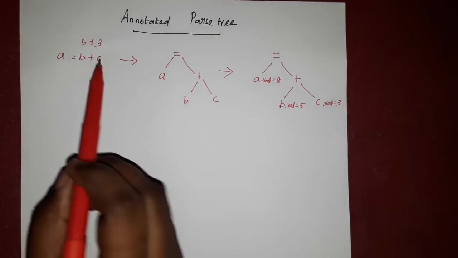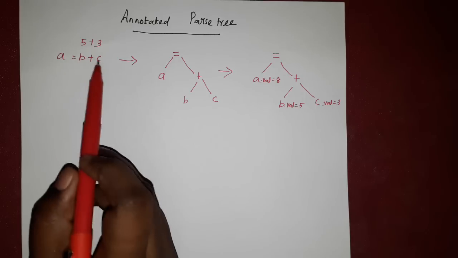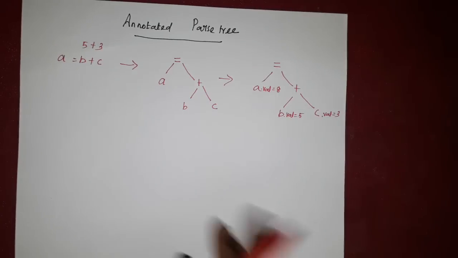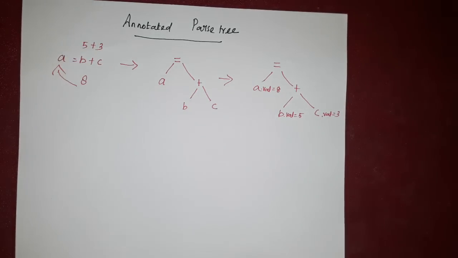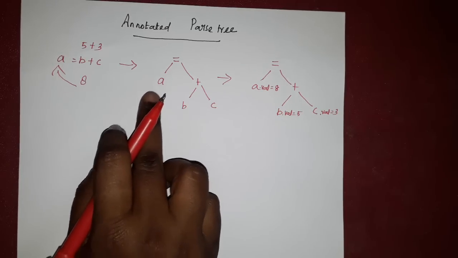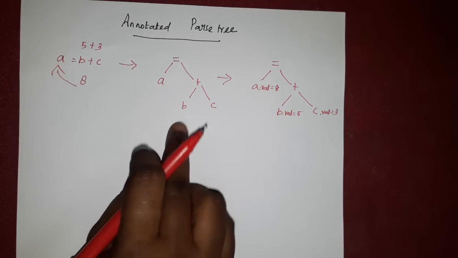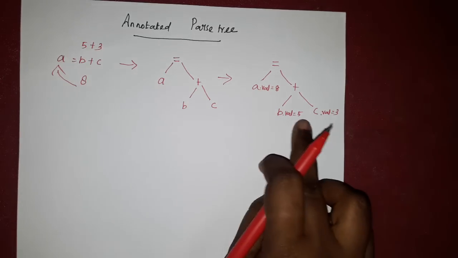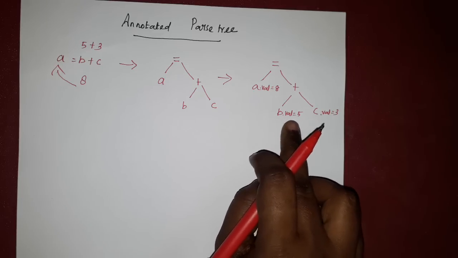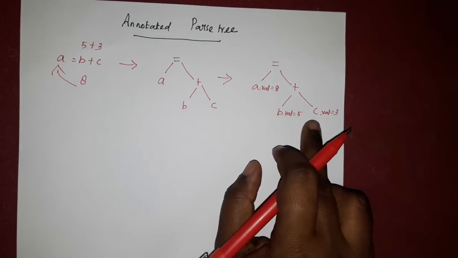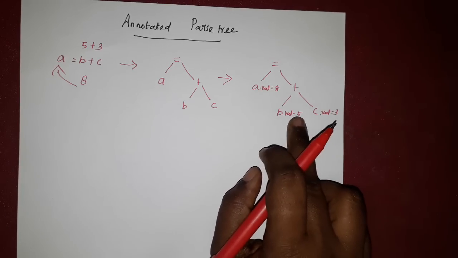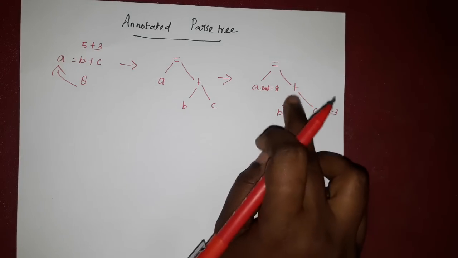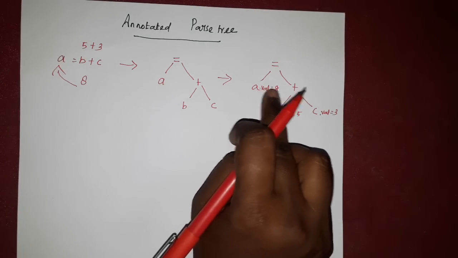here you can see, I can assume B value is 5 and C value is 3. So it can be evaluated and the result 8 is stored in the attribute value A. So this is the parse tree. Here I can't specify any value of the attribute. So in the same tree I am going to specify the value of the attribute. B value is 5, so it can be stored as B dot value is equal to 5, and C's value is 3, so I can write C dot value is equal to 3. So both 5 and 3 can be evaluated by the operation plus. So 5 plus 3 is 8. So the 8 value is stored in A dot value is equal to 8.